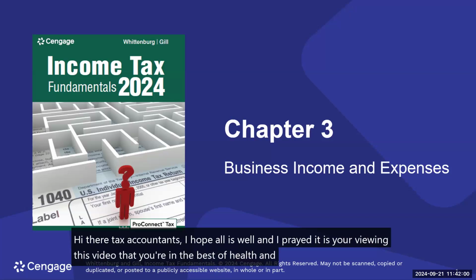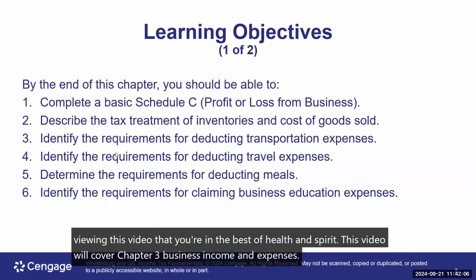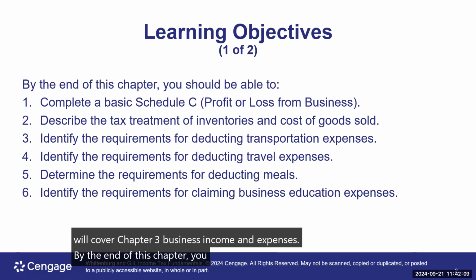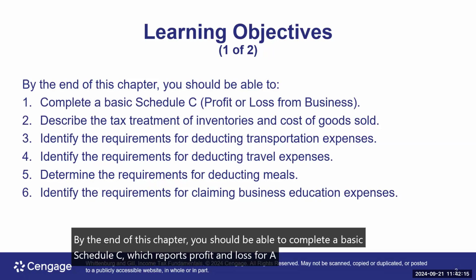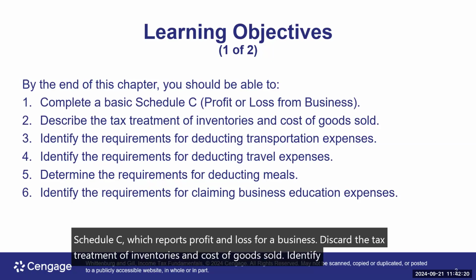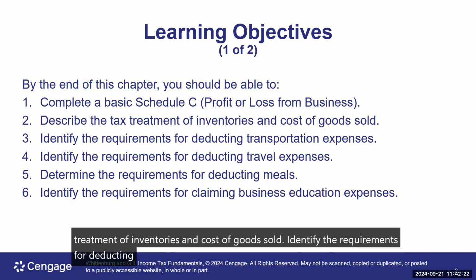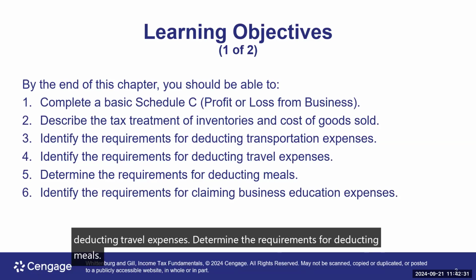This video will cover Chapter 3, Business Income and Expenses. By the end of this chapter, you should be able to complete a basic Schedule C, which reports profit and loss for a business, describe the tax treatment of inventories and cost of goods sold, identify the requirements for deducting transportation expenses, identify the requirements for deducting travel expenses, determine the requirements for deducting meals, identify the requirements for claiming